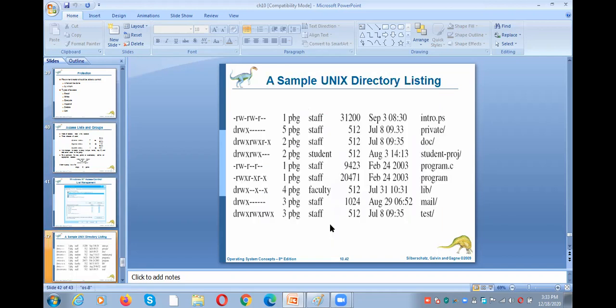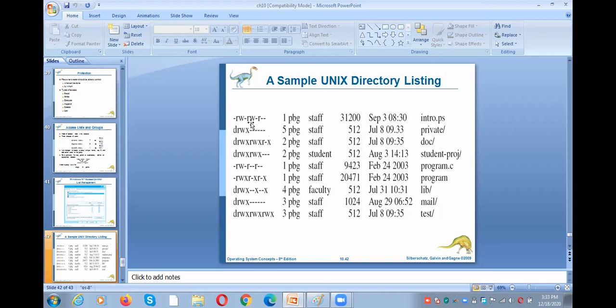So this is about long listing a file. If you long list a file or directory, then you come to know the permissions for the individuals. Here there are three sets of permissions. The first set, rw-, indicates there is only read and write permission for the owner. Then rw-, that means only read and write permission for the group. And the third set, r--, is only read permission for the others. Only read permission, no write and execute for the others.